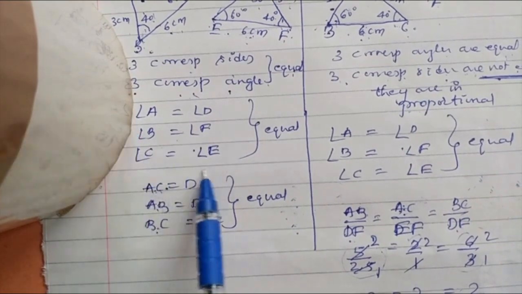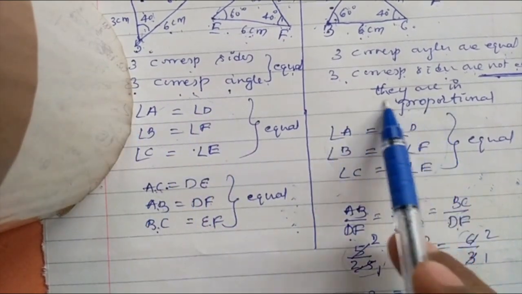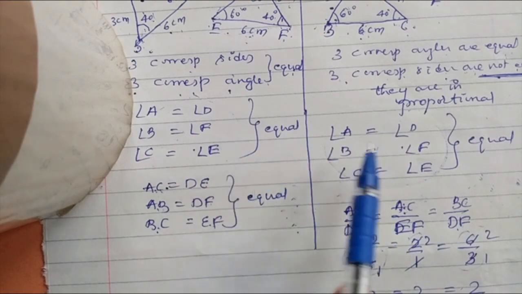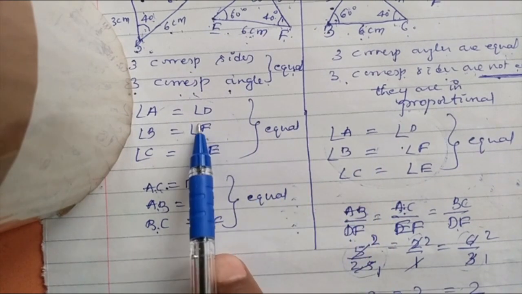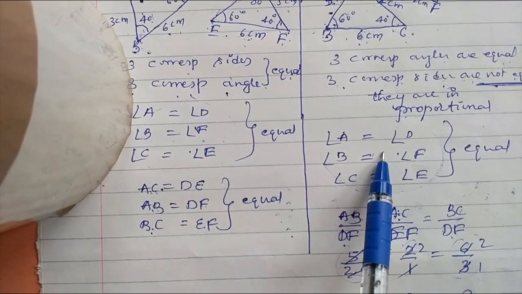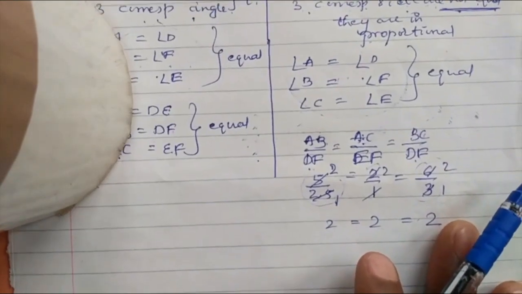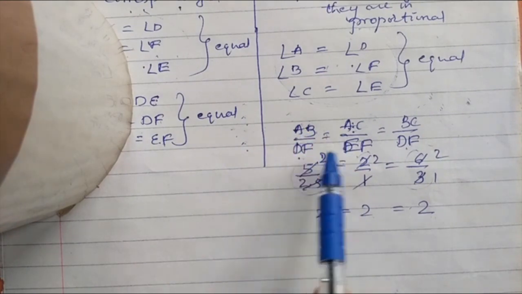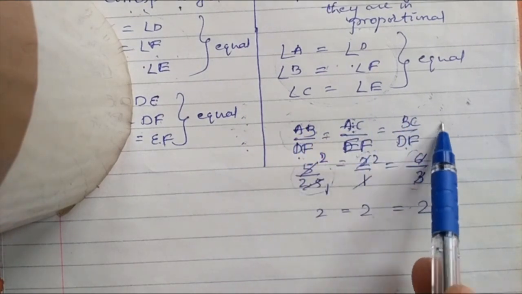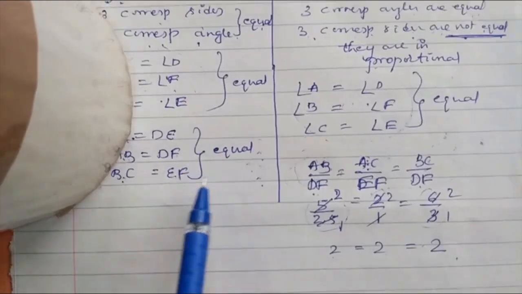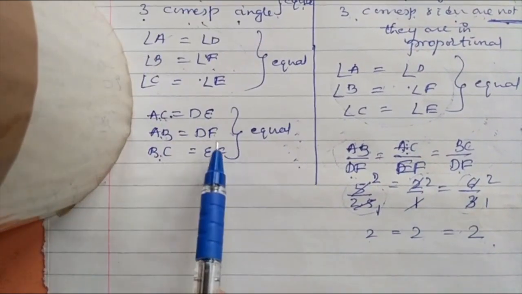The corresponding sides here equated in similar triangle, congruent triangle. In congruent triangle, angles are equal. Even in similar triangles, angles are equal. In this too, no changes. As corresponding angles are equal, corresponding angles also equal here. Here corresponding sides are equal, but here corresponding sides are not equal. They are in proportion. When we write in proportion, we get the answer. This is the major difference between similar and congruent triangle.